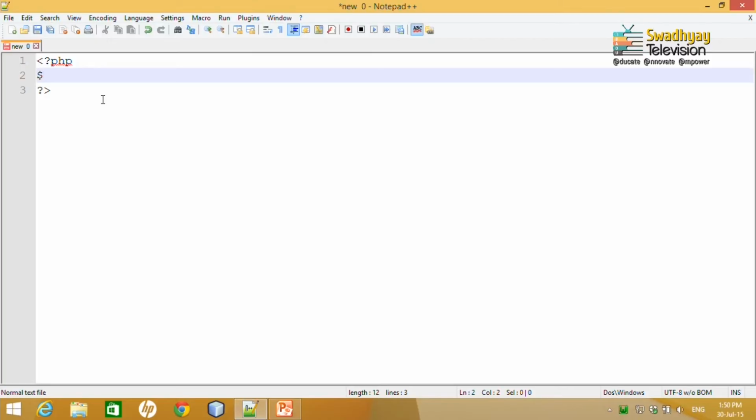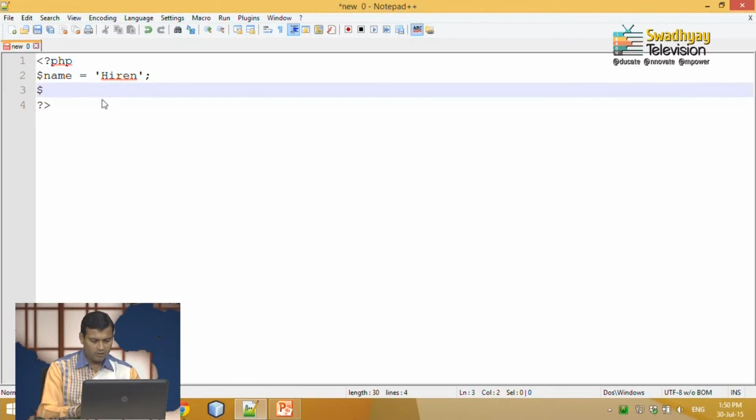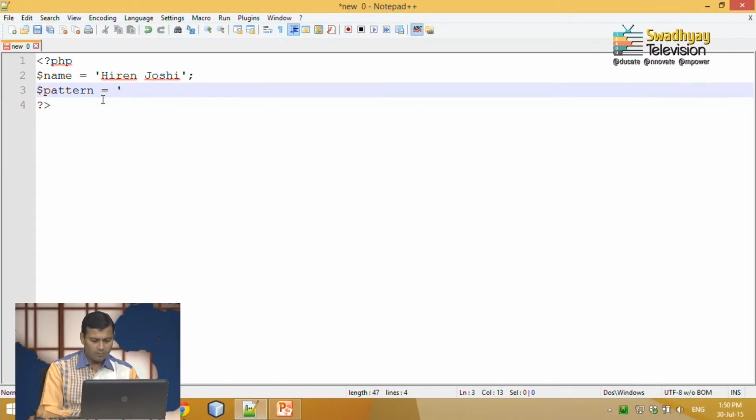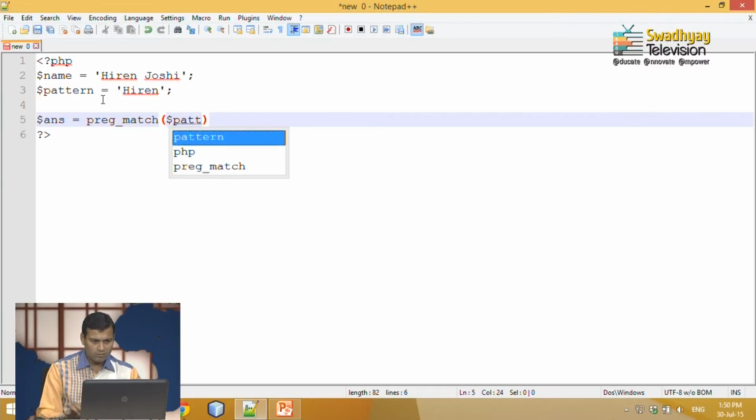Now let's say I write $name is assigned to, for example, Hiren Joshi, and $pattern I will define as Hiren. And now I would like to check, so I define one variable $answer is assigned to preg_match, and I will match pattern with name.